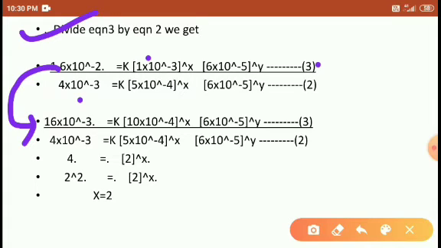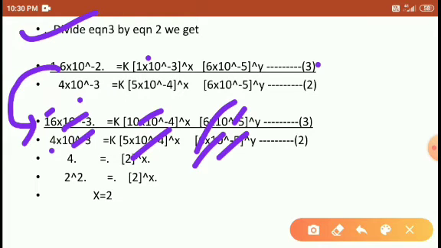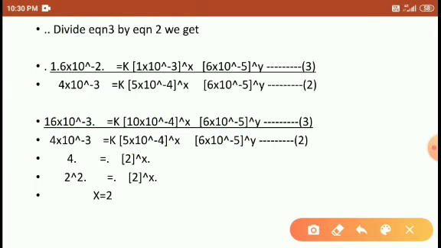So then we have to cancel the scientific notation: 10 to the power of minus 8, 10 to the power of minus 4, and 10 to the power of 5 get cancelled. Then 4 ones are 4, 5 ones are 5, 2s are, then it gets cancelled here. So we got the answer: 4 to the power of 4 is equal to 2 to the power of